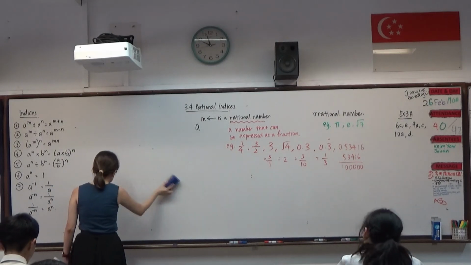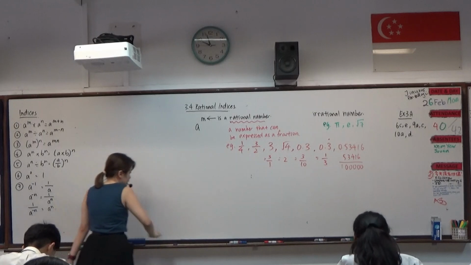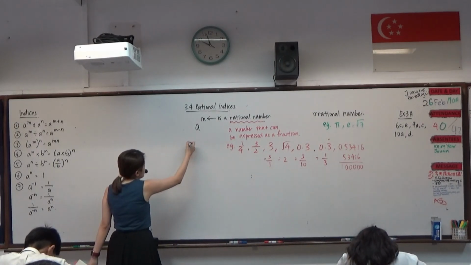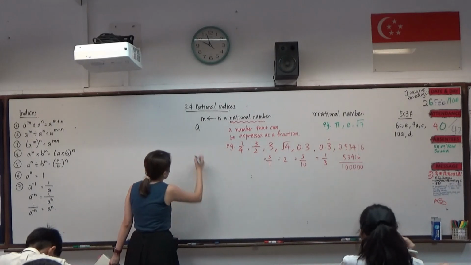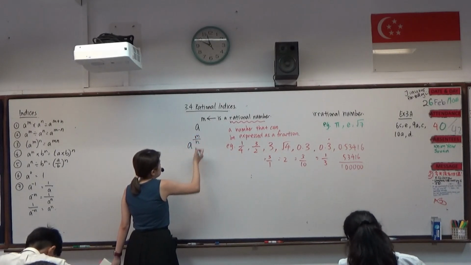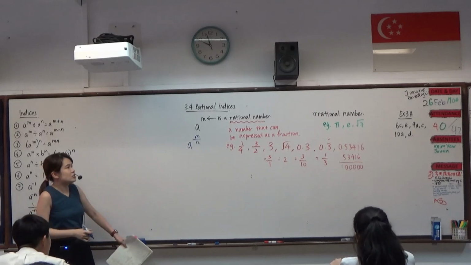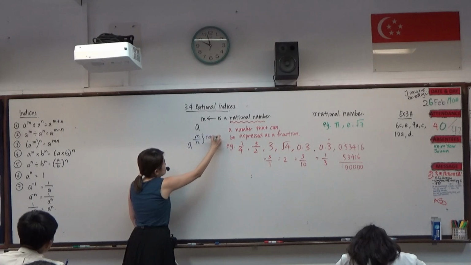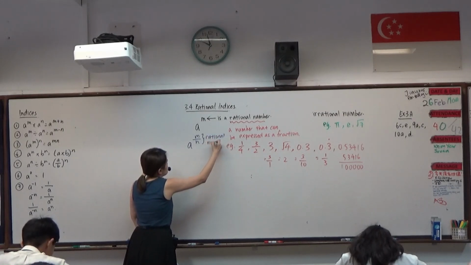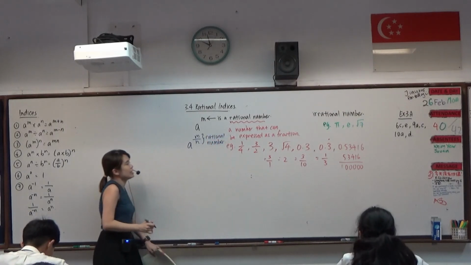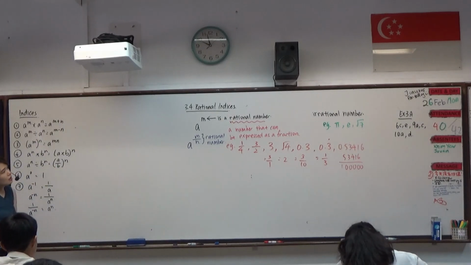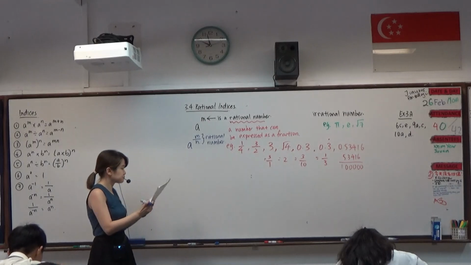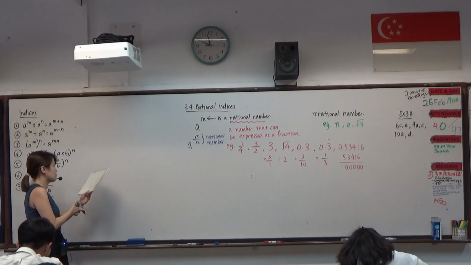Okay, we are trying to see what happens when my power is a rational number. Okay, in other words, I'm looking at a to the power of m over n, whereby m and n are integers, this m over n is a rational number. Okay, because we understand that a rational number is actually a number that can be expressed as a fraction. Okay, so